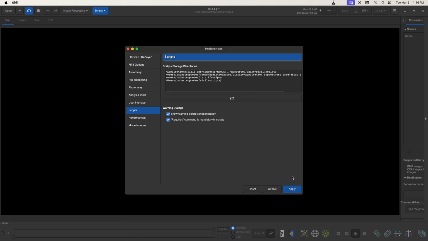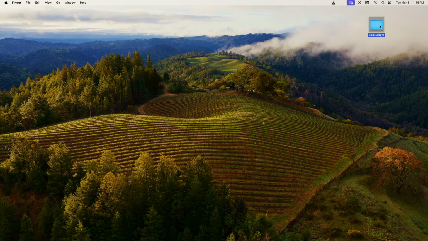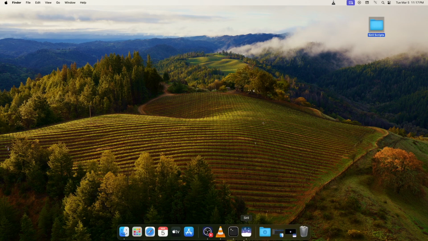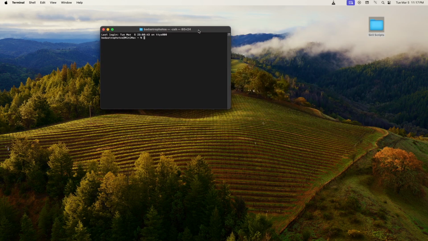And for me, the easiest way to go about it is to find that folder and to open terminal, and then I just change into that directory. So if I just drag this over, there's the directory name. I don't even need the CD in front of it. So anyway, you go ahead and highlight that entire directory. You know what? Before I do that, Siril has a problem with this space. I forgot about that. So before I do that, I'll close